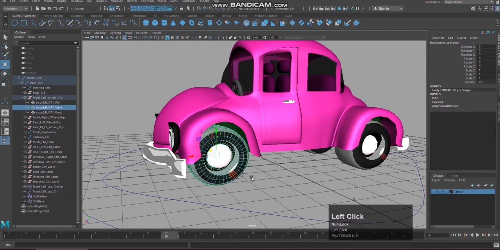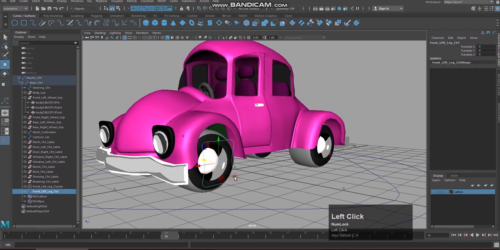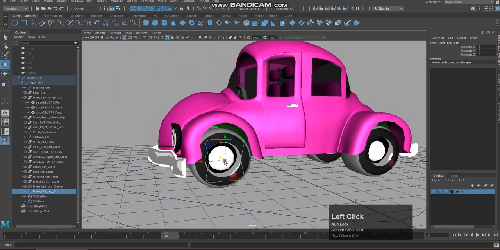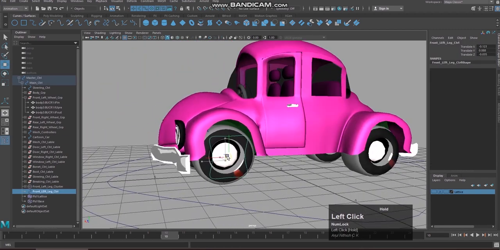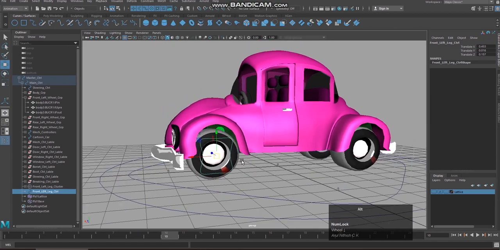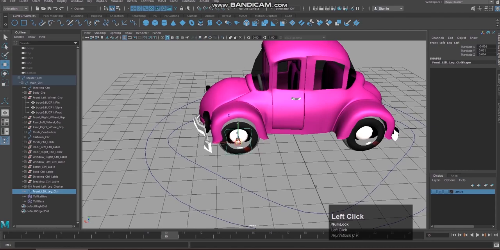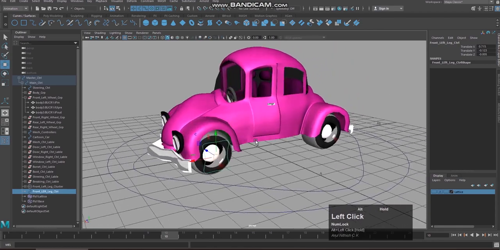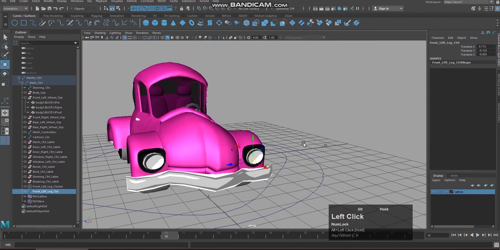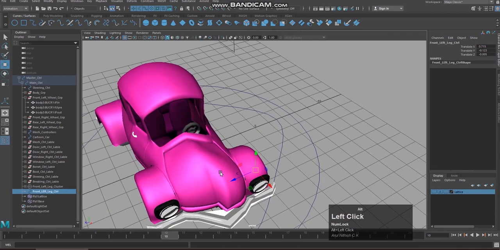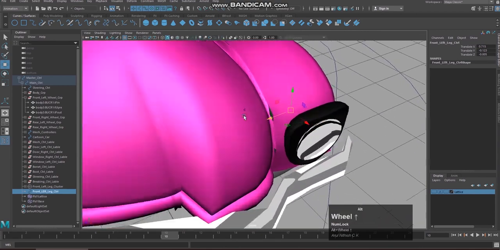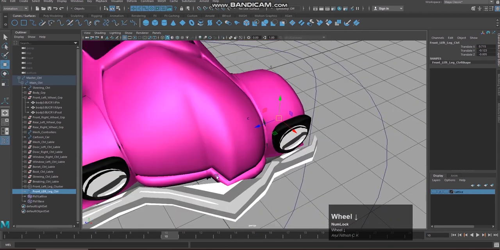Right now you can see my car is slowly trying to walk. First step. So here the problem is, it is not the problem. You need to take time and select the vertices properly, evenly, so that it should feel natural.